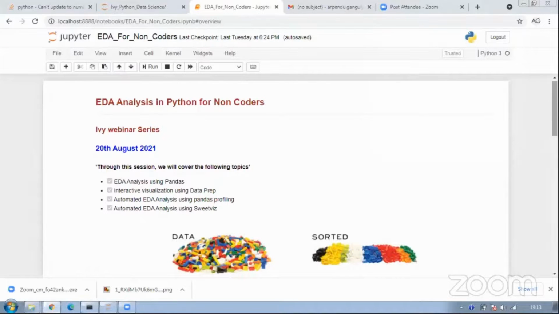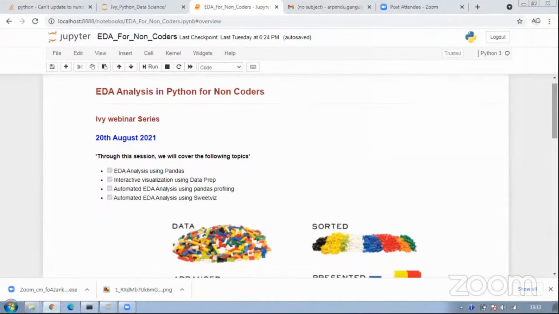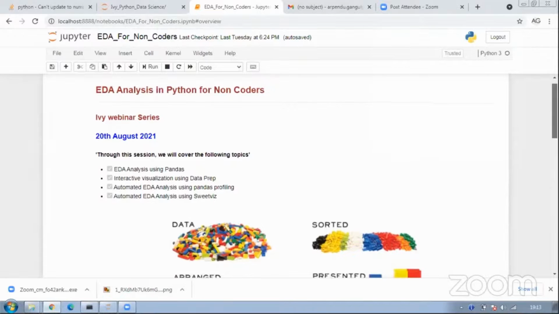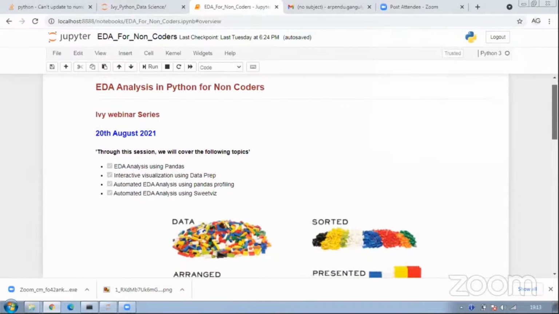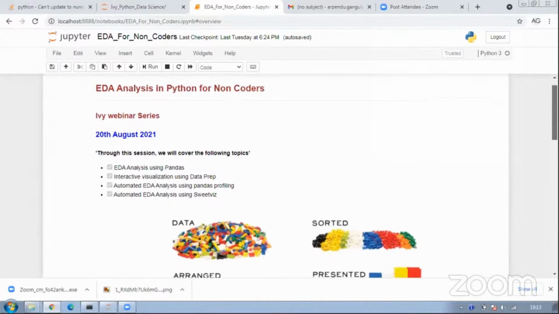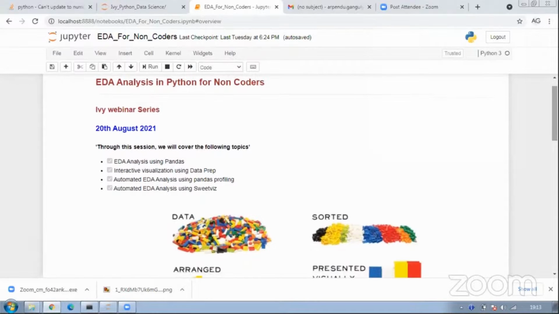So yes, the answer to your question is yes. Okay, use Spyder only, that's completely fine. Tanuka, I'm sure that when you see the code, if you have used Python, it is exactly the same.